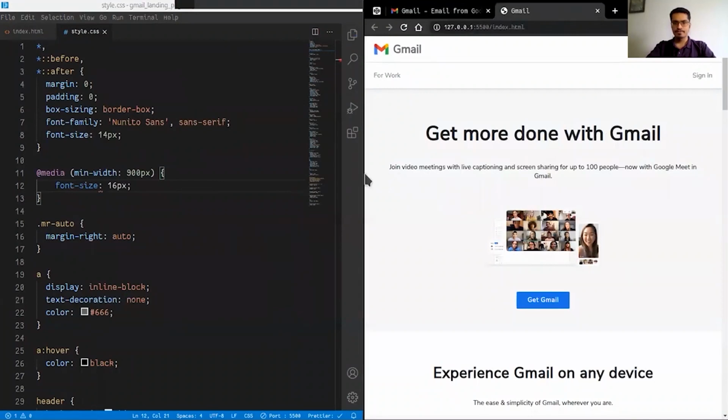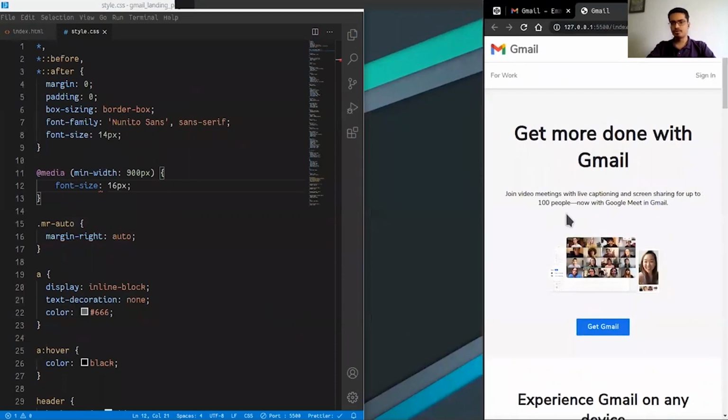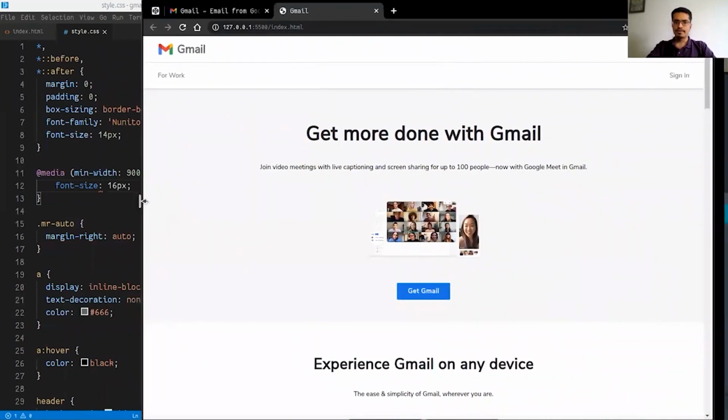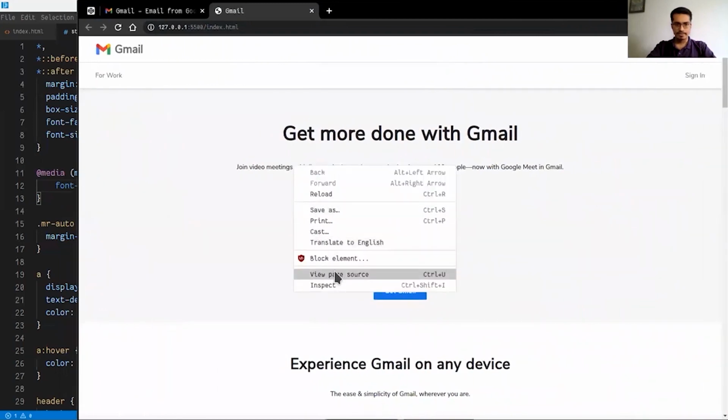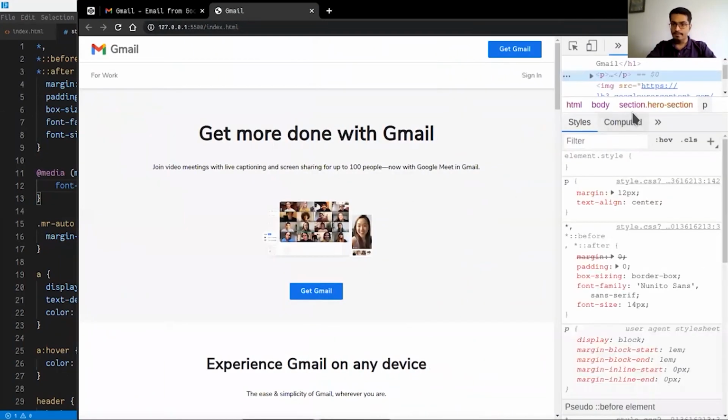Okay, so as long as I'm within 900, you put it to 14 pixels, no issues. But the minute I go to greater than 900 pixels, one second,